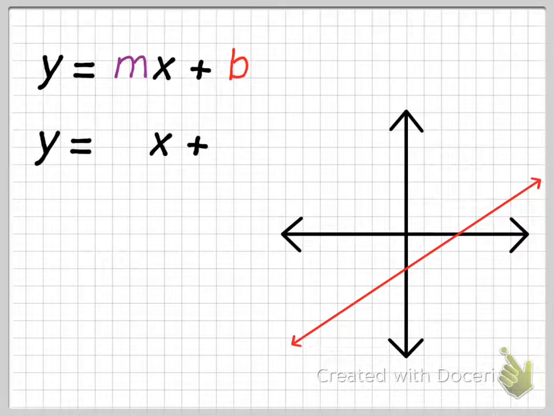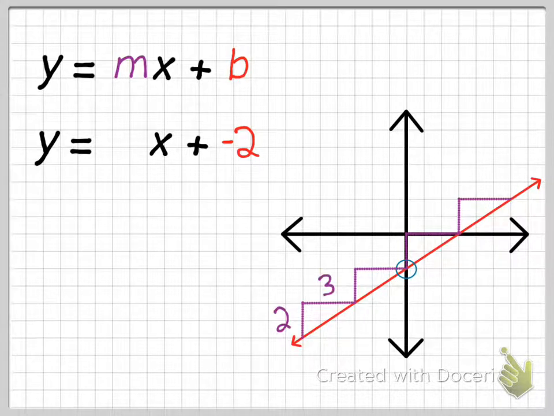So we're going to start at our y-intercept, and we should see that our y-intercept is just down 2 units from the origin, so that's at -2. I can fill that in. Now I just need to find my slope, so I'm going to draw that in. And it looks like my rise is 2, and my run is 3, which makes my slope, m, 2